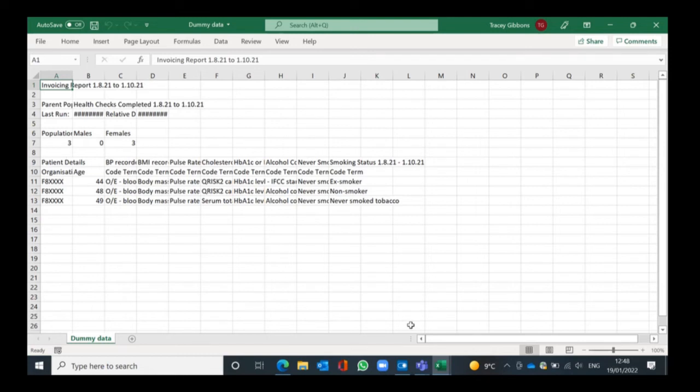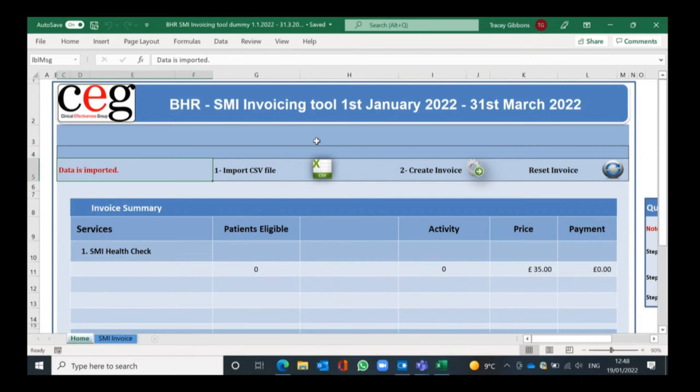And I would also suggest labeling it correctly as well. So as you see, mine says dummy data, but you might want to list it as SMI physical health checks Q1, and then maybe put the date on the end of it that you've run it, just so you know where you're at. So once you've saved this, you then open up the tool and you click on the CSV icon, not the writing because that won't do anything for you. So if you click on the icon,